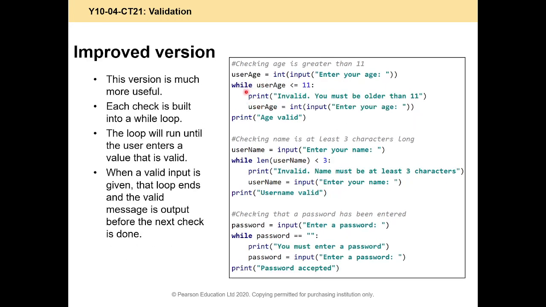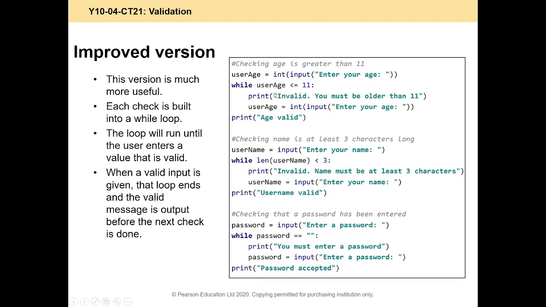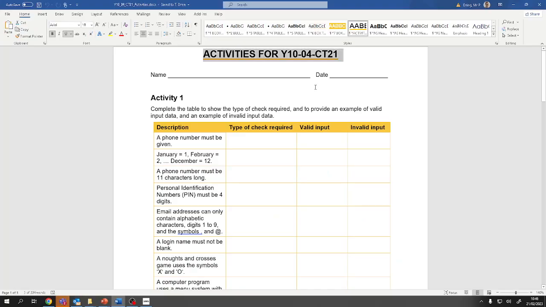Yeah, so we said that this is better because it uses a while loop. The first version would only ask once. You type in your age once. If you don't put in a sensible range, then it just doesn't let you type it in again. This time, you keep on asking whilst you put in a number less than or equal to 11. Okay, let's have a look at